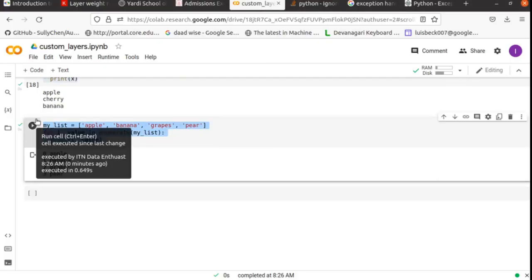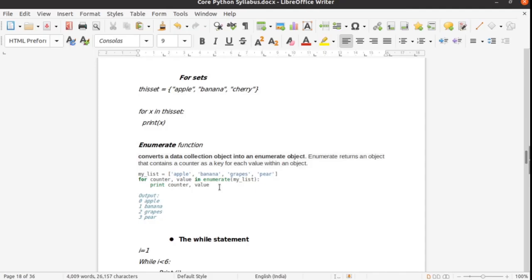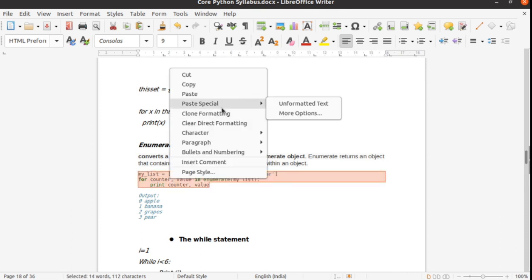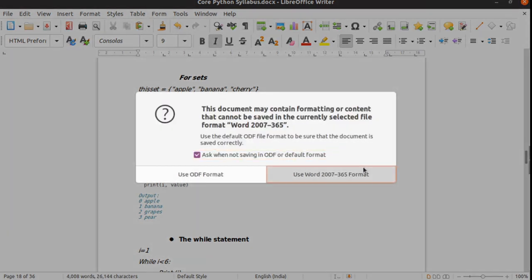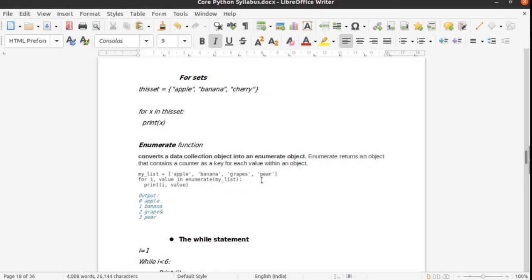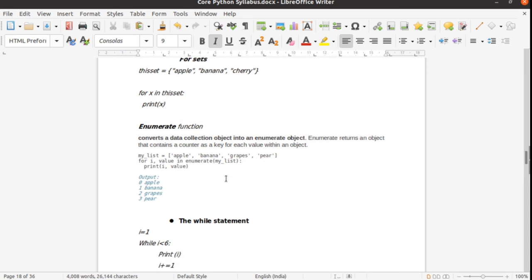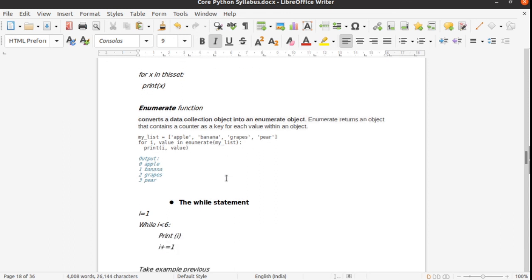Okay, so today is the end of the for loop, and we will learn the while loop in the next class. And due to the lack of time, I have just tried